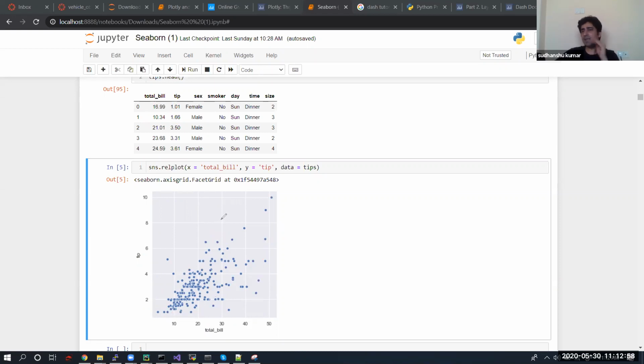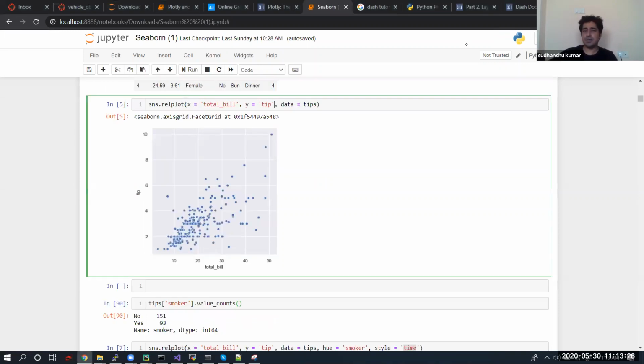So these are the kinds of insights you can get just by looking at this data. It's the same as the scatter plot that we have done in matplotlib, or the same scatter plot we have done in plotly. It's nothing fancy, nothing new for any of you. It's the same thing we have done so far. So fine guys, what I'm going to do now is